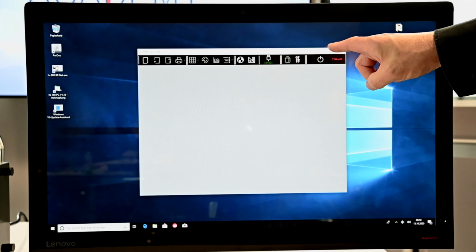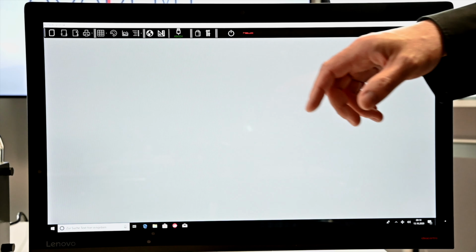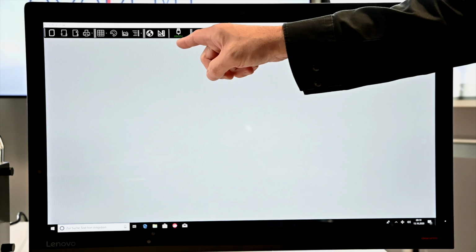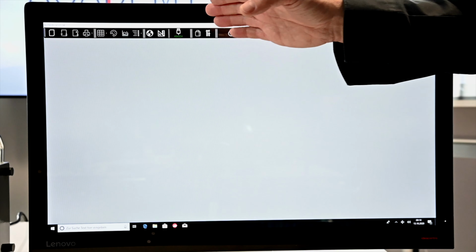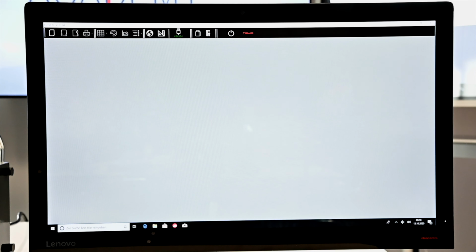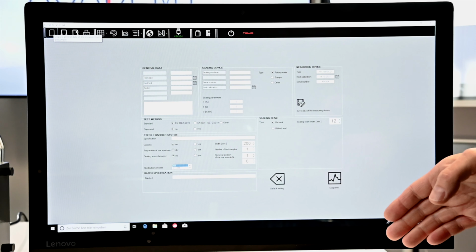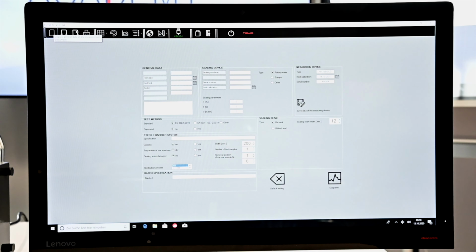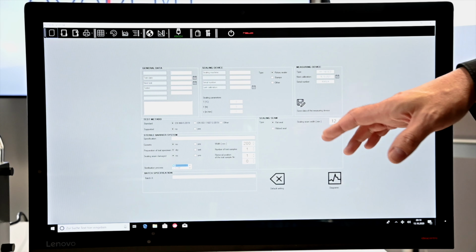And for more ease, we will now maximize the window. As you can see, the serial number of the field test device 150 SCD has been transferred to show a valid connection. The next step is to start a template and check again the entries for the measurement device